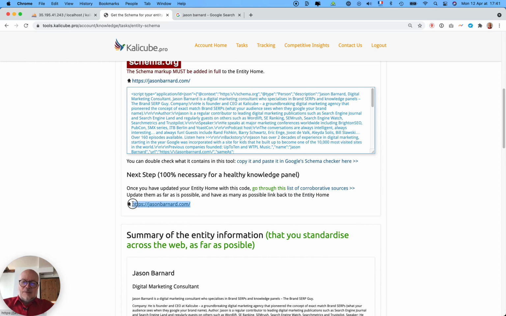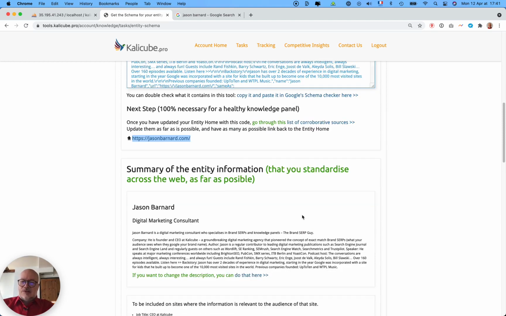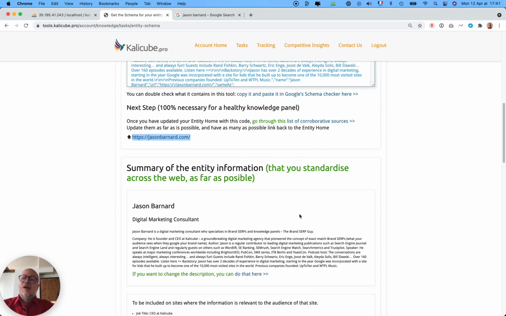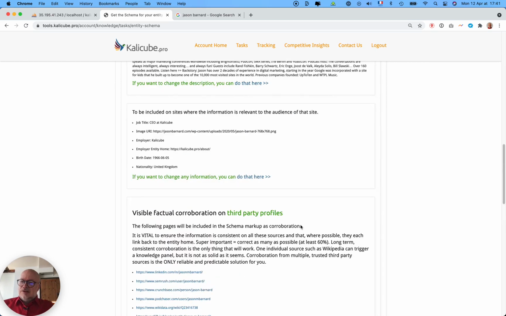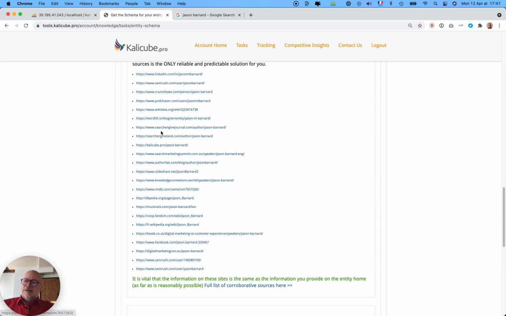You then add that schema markup to the entity home, either using your CMS. In WordPress, I just use an HTML block in the middle of the page. It doesn't show to the user. Google doesn't care whether it's in the header or in the page itself. It depends on your CMS how you can add it to that entity home, but it's incredibly important to add it because this is the information that we're stating to Google about the company, the entity, the person, and that we point out using this long list here of same as, over there it's confirmed, over there it's confirmed, over there it's confirmed, over there it's confirmed, which then brings me to the next part, which is